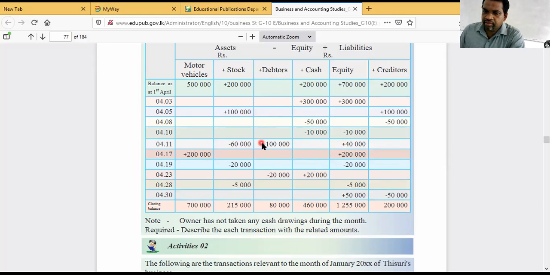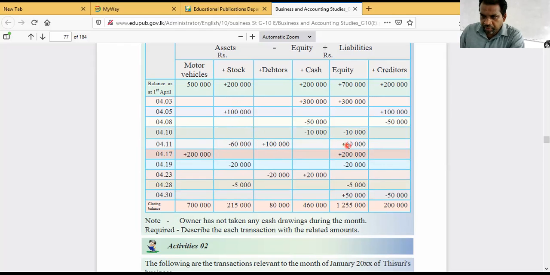That means as debtors has increased by 100,000, they have sold goods for 100,000. But the cost of the goods sold is 60,000. That's why they have put minus 60,000 only under stock. And as there is a profit of 40,000, it has gone to equity. That's why they have recorded 40,000 plus under equity. Then we can say the business has sold goods worth 60,000 for 100,000, on credit, keeping a profit margin